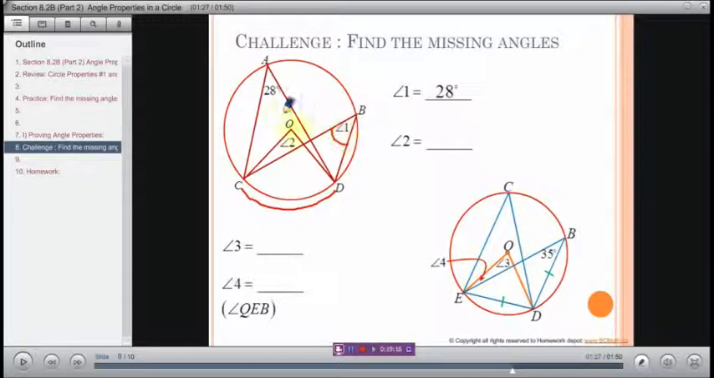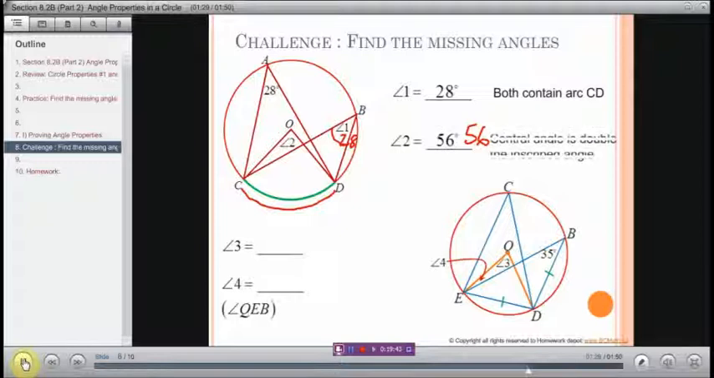So those are inscribed angles. This is a central angle, and central angles, remember, are double the inscribed angle. That's 28. This must be double that. That's 56 degrees. So again, the reason why that's 28 is because that one's 28 and it comes from CD. This one also comes from CD, so those must be equal. And central angles are double the inscribed angles, so it's 56, like it says there. All right, next up,